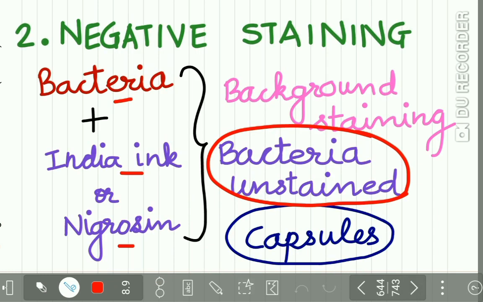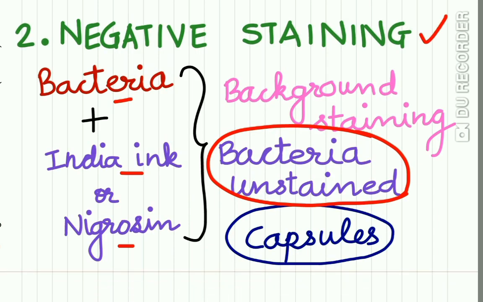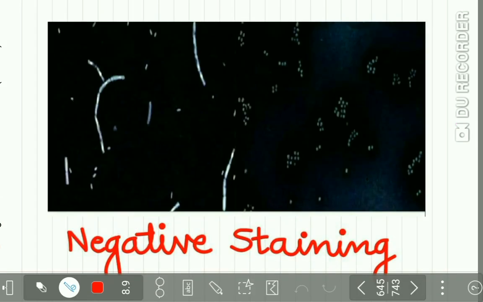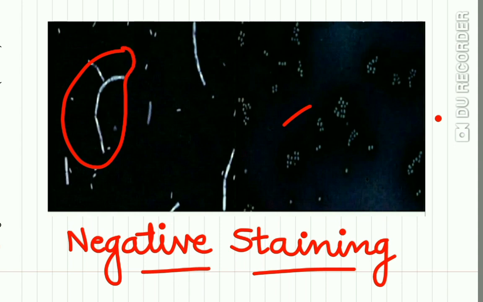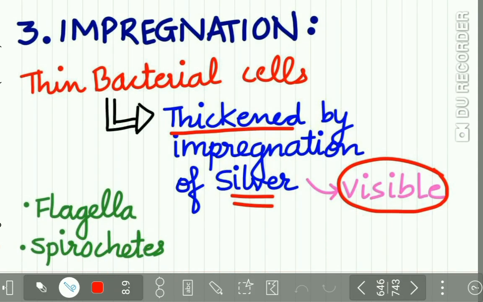blue. Now the second type of staining is negative staining, in which the bacteria are mixed with dyes such as India ink or nigrosin, as a result of which the background takes the color of the stain while the bacteria remain unstained. This is very useful for the demonstration of bacterial capsules. So here you can see the negative staining in which the background appears dark and the bacteria are stainless or